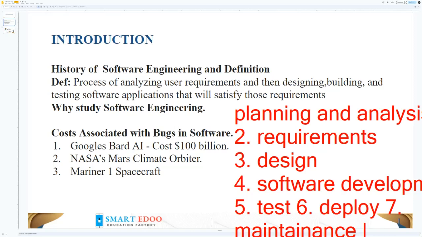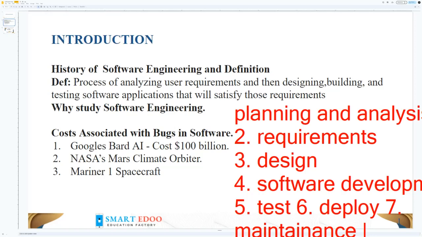So these are the steps in the software development life cycle, and in case you follow each of these steps one at a time in this order, you will be using what we call a waterfall model, which was used back in the 1970s. But right now you can start from anywhere, based on user requirements and the type of software you're building. Apart from the waterfall model, we have Scrum and Agile, which mix these stages.